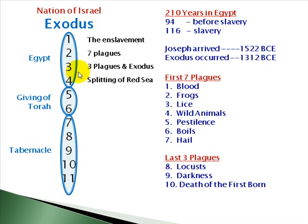What happens is God leads us up to the sea. It looks like we're trapped. It's really a trap to get the Egyptians out after us one more time. And when they're right on our heels, the waters split miraculously. We pass through on dry land, and they come in through the sea, and the waters come back crashing on